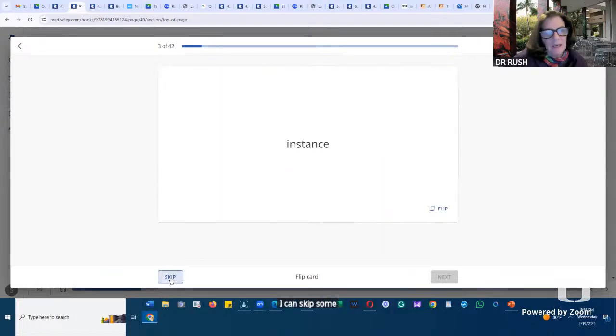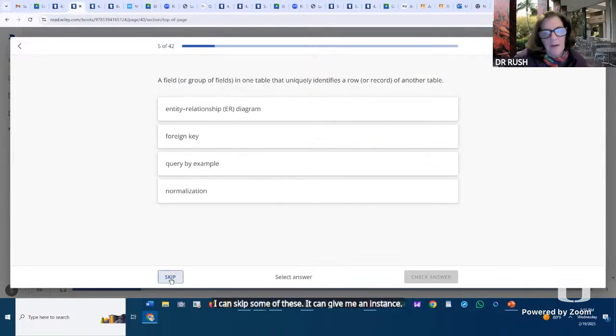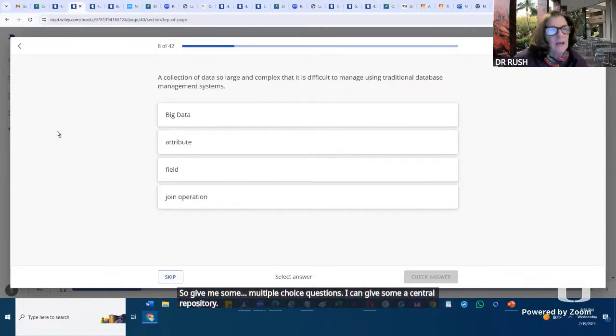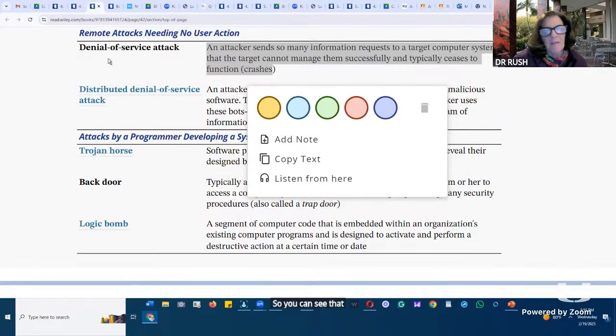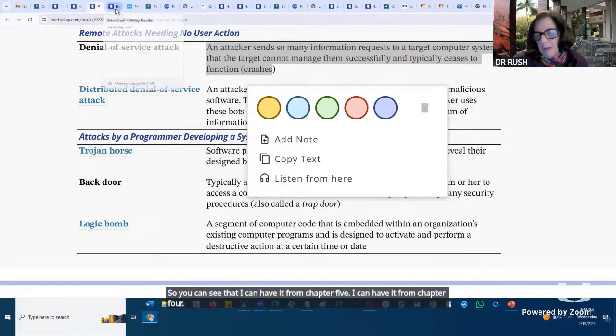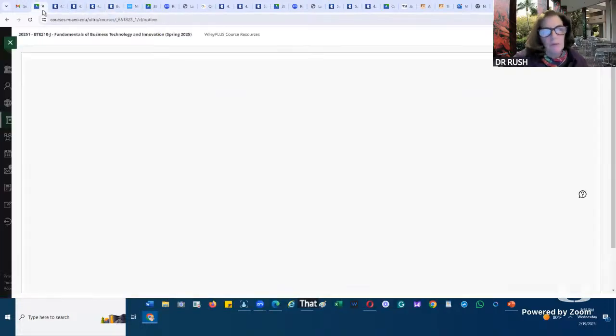It can give me an instance, some flip cards, a field or group of fields in one table that uniquely identifies a row of another table. It can give me multiple choice questions, a central repository. I can do big data, and I can do others. So you can see that I can have it from chapter 5, and I can have it from chapter 4.